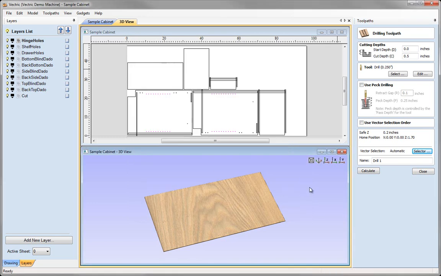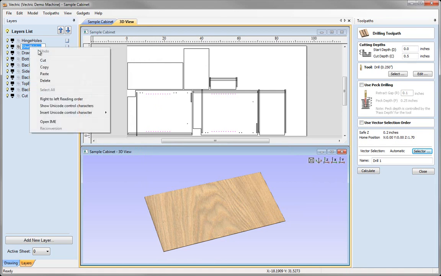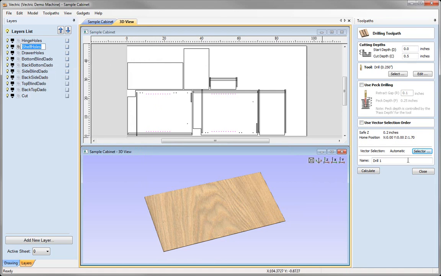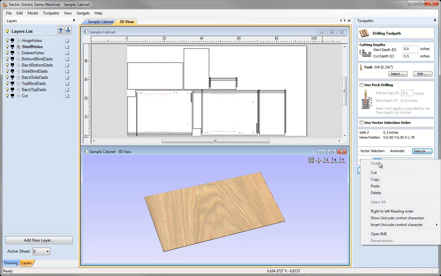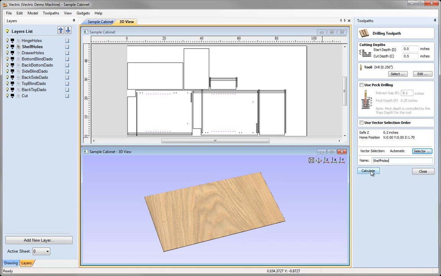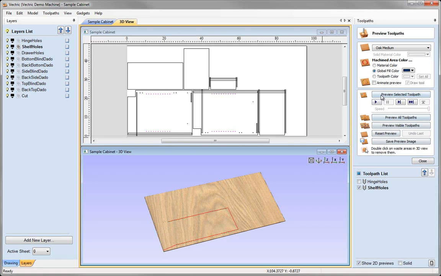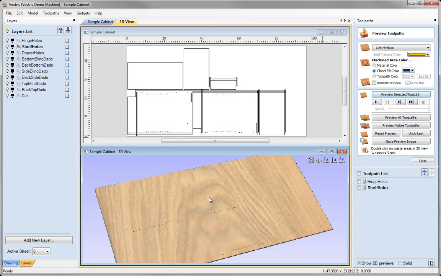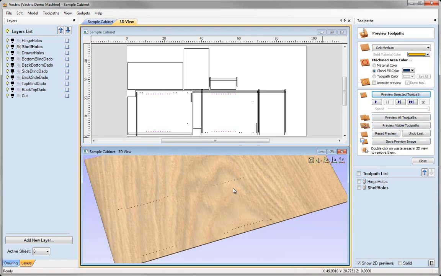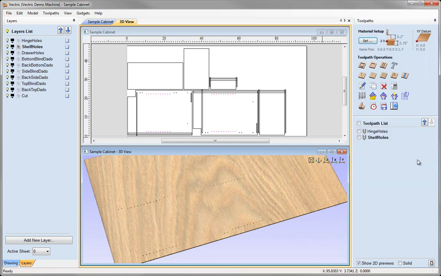I'm going to hit close, and once more I'm going to copy and paste the name of the layer, so I'm going to click on the layer to select it, click on the name so I can go into the editing mode, right mouse click, choose copy, come over here, click in the name area of the toolpath form, highlight that with the mouse, right mouse click and paste and hit calculate. Again, we can preview that if we want, so we can see the holes being drilled in there. If we look closely, I can close the preview, and I'm going to repeat the same operation with the third